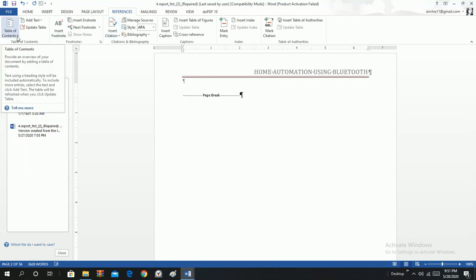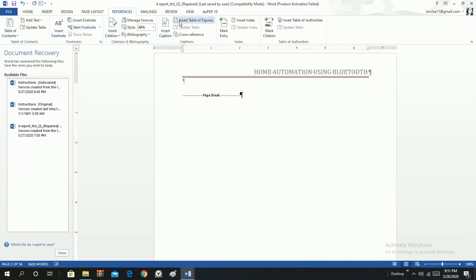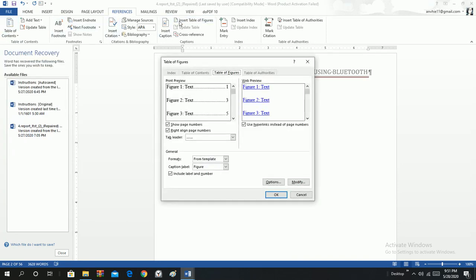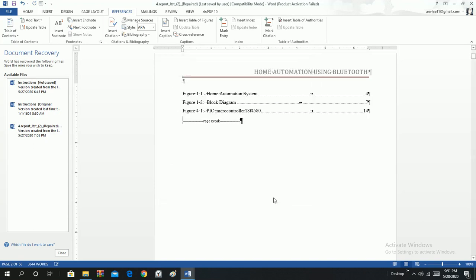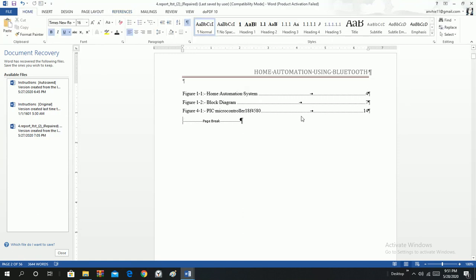So again I have to go to References, and then we have to insert the table of figures. Table of figures, like this. We'll say okay, so automatically the page numbers will come.